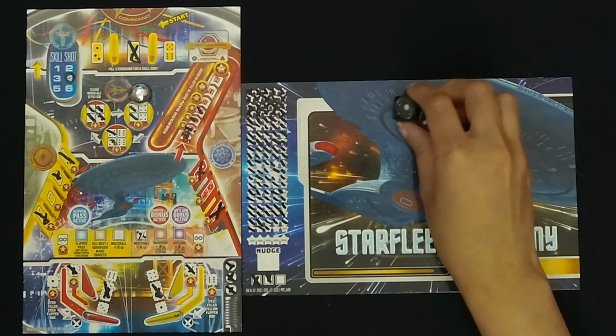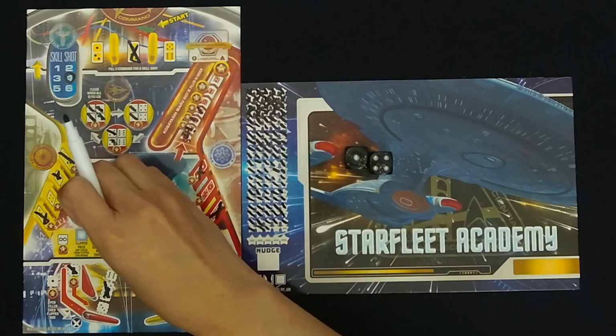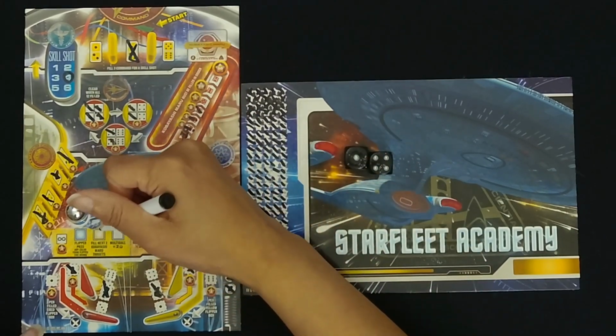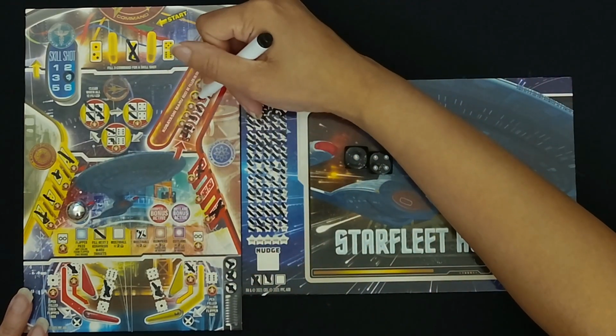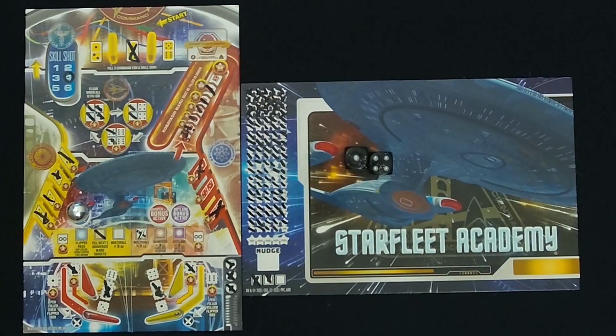A 1 and a 4, can't do that, but here we go. Here's our 4, and we'll get 1 point there. We are going to unlock Kobayashi Maru on next 2 targets. 1, 2. That's kind of nerve-wracking because it's so close to the end